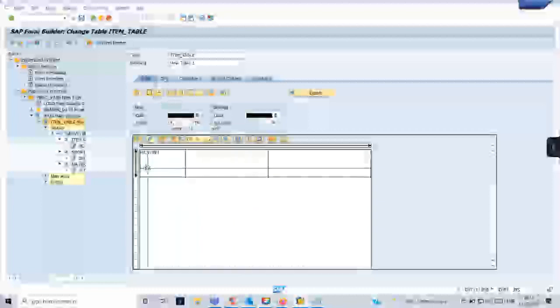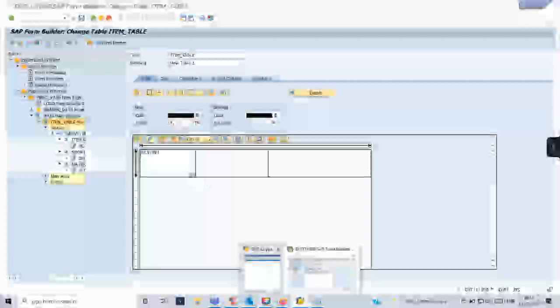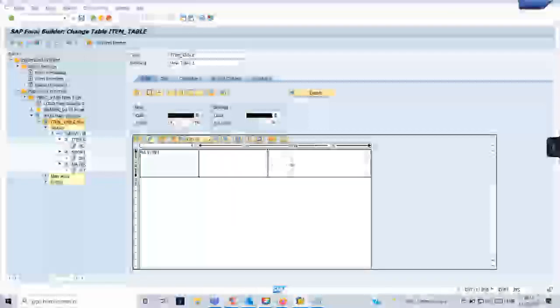See, there is a dark line. So that means the border has come up. So you can drag and drop this width. So if you saw my output, right? My purchase item number was a little bit. Okay, it has come to my second line. So I'll just extend this short text. This is one way you can do. Or if you go to the details, you'll have the